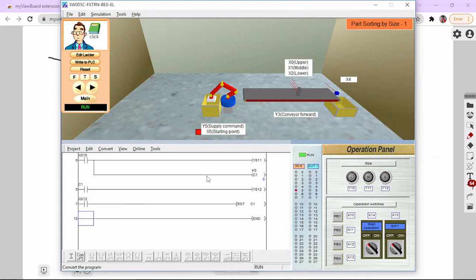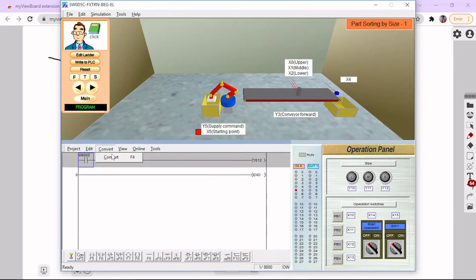It's this line as well. So let me change this to M8000, M8000 Y12, and let me delete this line as well. Let me delete this line, I don't need it for now. To convert. So once I write to PLC, the PLC goes to run mode, and we'll see that Y12 will